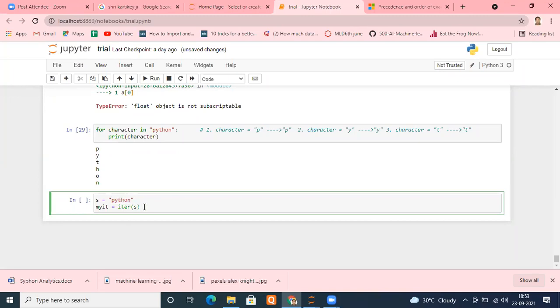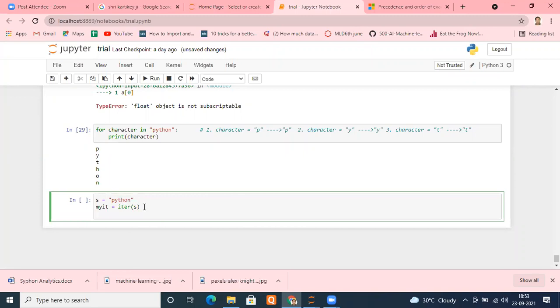After that, I have to print these characters individually, one after one. Who has given you access to each individual element? The iter function has. Now, once one character is printed, I want to move to the next character. For that, I use one more function known as next.